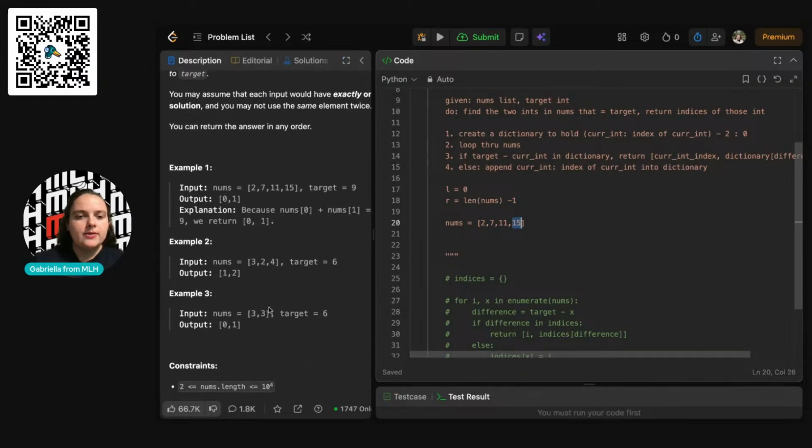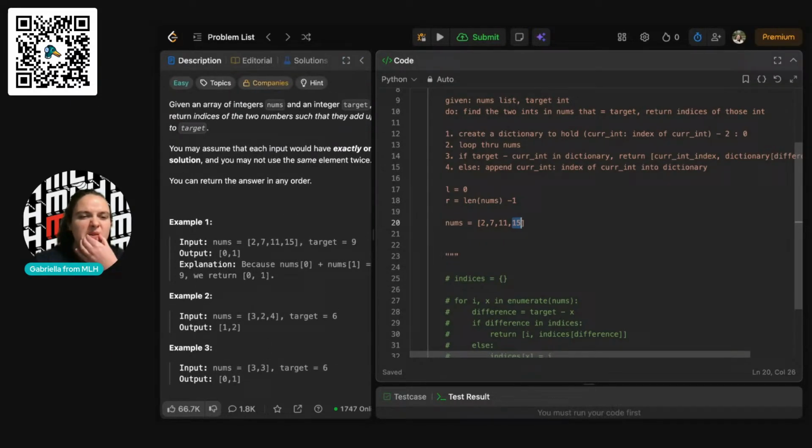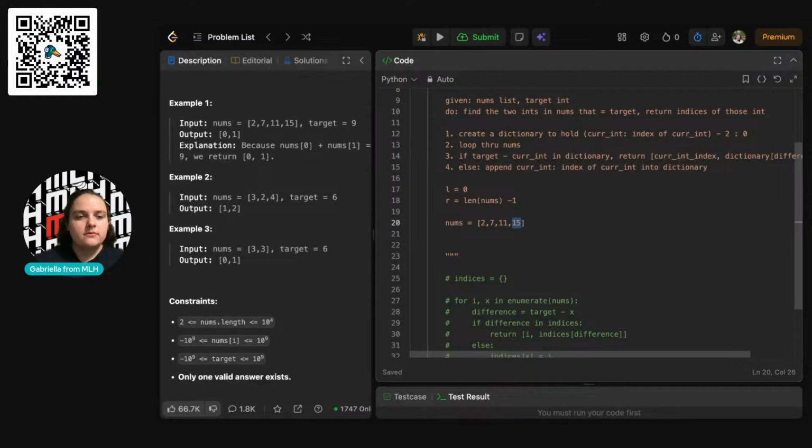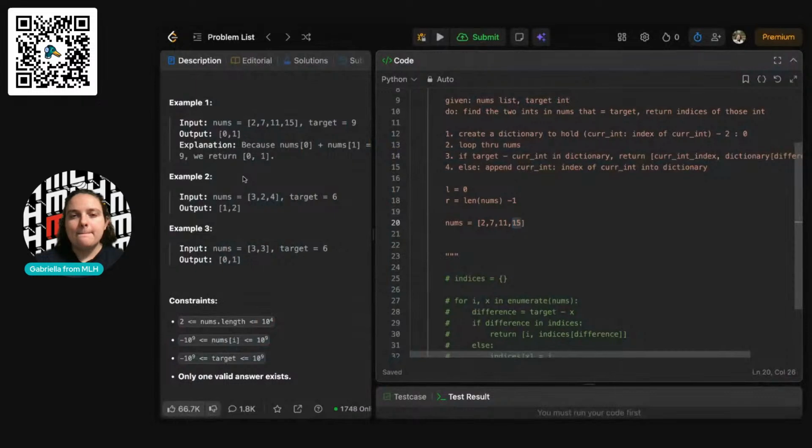Actually, no. Okay, so this is going to be similar to our two-sum. Thinking this one through. So create our pointers